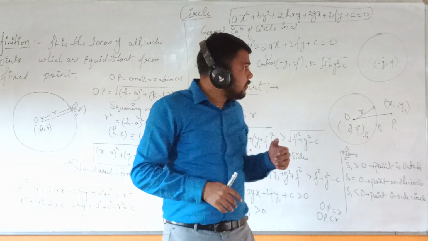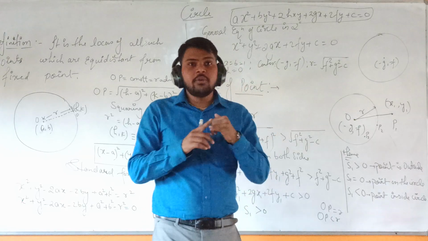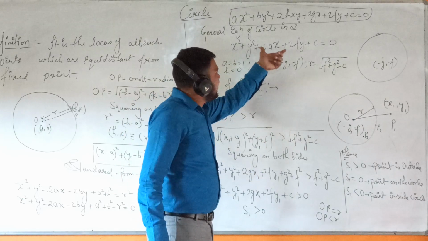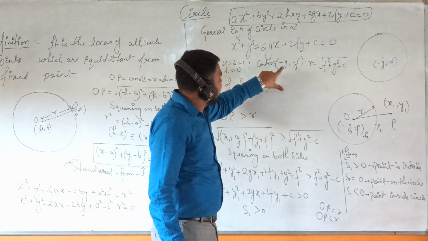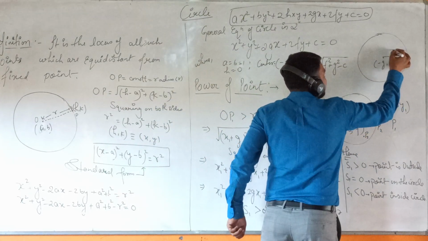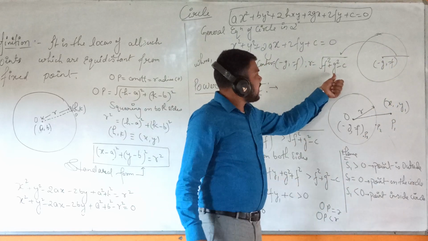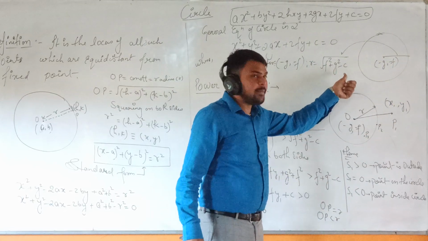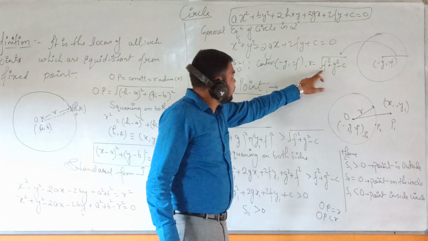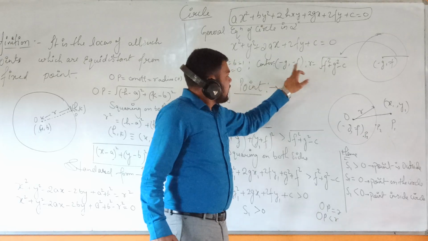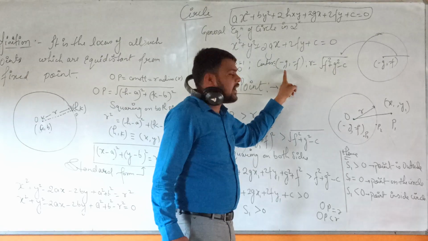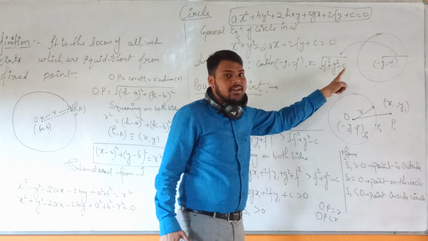So in terms of the general second degree equation as well, what two pieces of information do you require? Center and radius. So how can we see it here? By just seeing this equation, we can compare: what is the center over here? Minus g, minus f. This is the center. And what is the radius? The radius is the square root of f square plus g square minus c. Just square and add, and subtract the c.